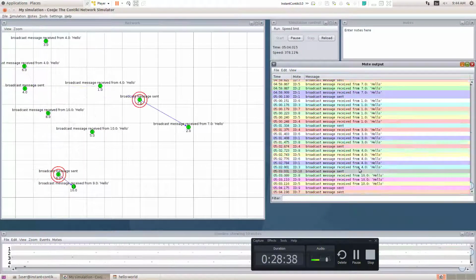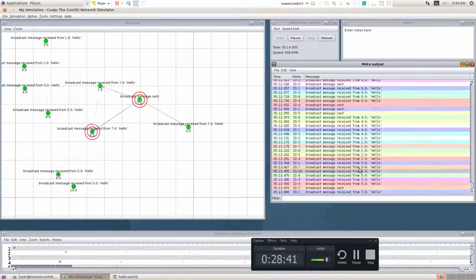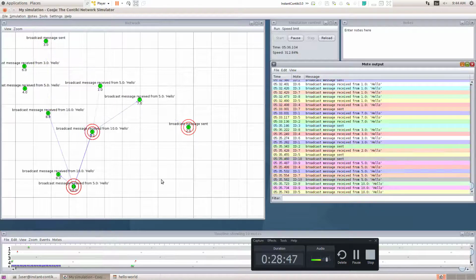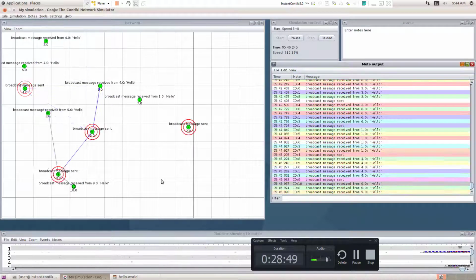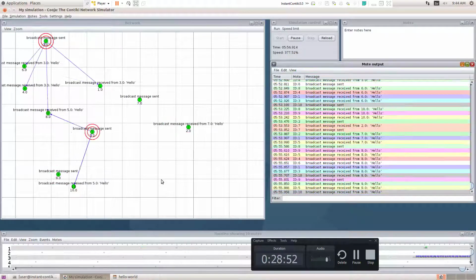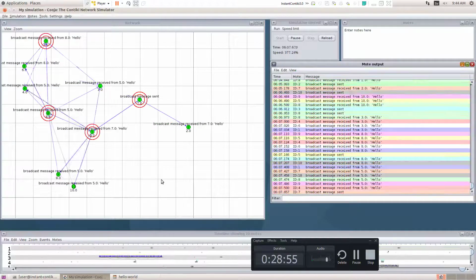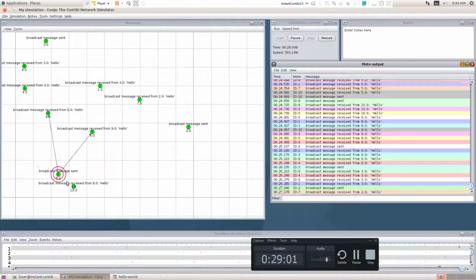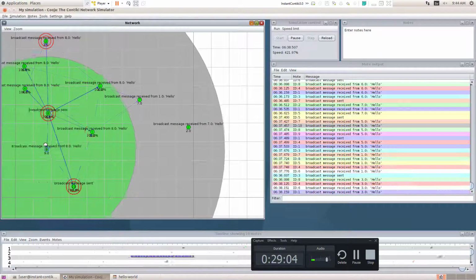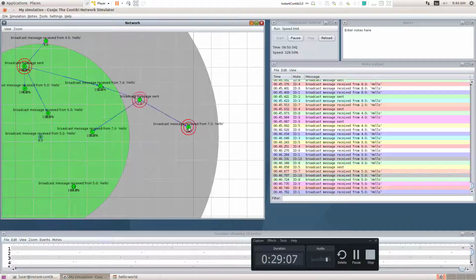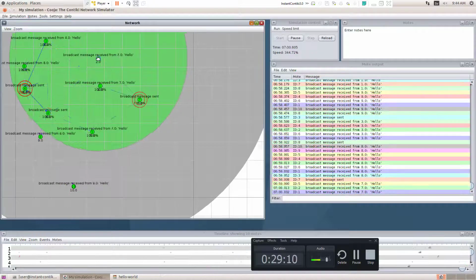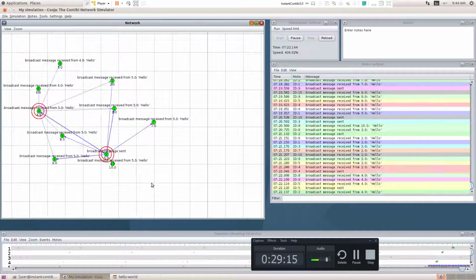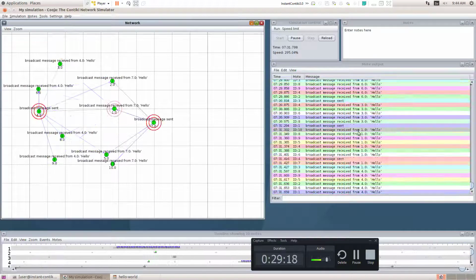Now you see, I'm going to adjust the positions. If you adjust the position, that means all the 10 nodes, I'm going to bring under a single coverage area. That means if 1 is sending, everybody should get it. If 2 is sending a packet, all the nodes should get it. So I'm going to arrange the placement. Now you can see the number of packets will increase here. So now let me just adjust the position. I'm just moving 9 here, then moving it to the nearby. So what does that mean? I'm bringing all the devices under a single coverage area. Now you can see the number of packets here will increase.